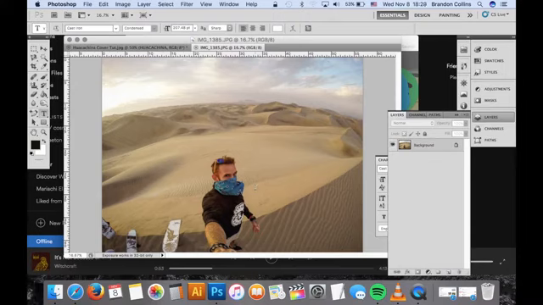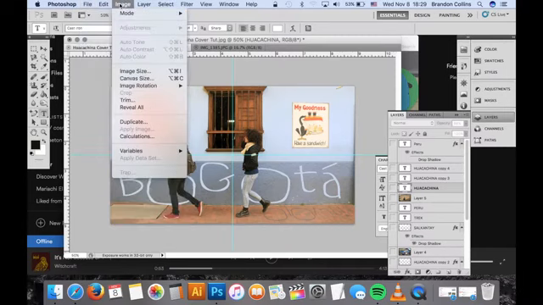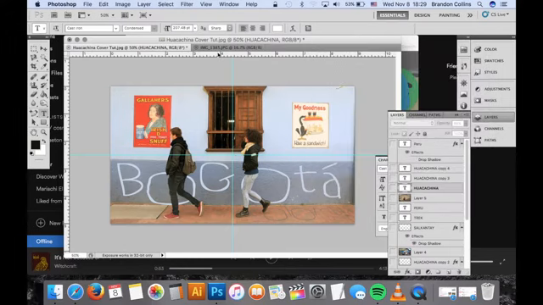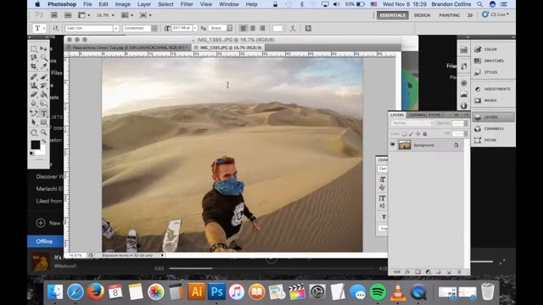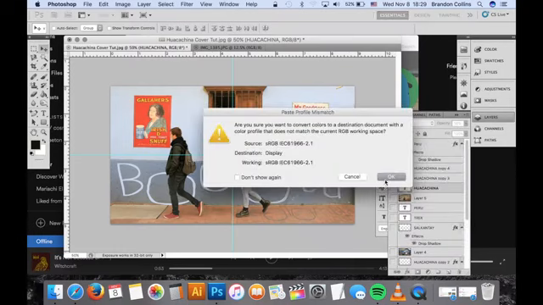So here I was like, oh yeah, cool. Let's do a selfie on the top of this dune. It'd be a perfect cover photo. And so what I have here is a template that I keep. This is one I did for Bogota. It is 1280 by 720, and I believe that's what YouTube suggests for the size of the cover photos. So first thing you do is drag this thing over here,